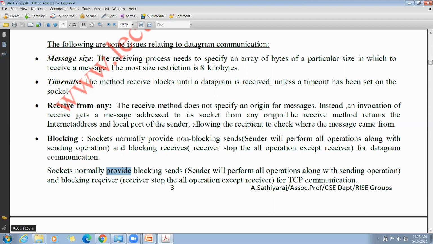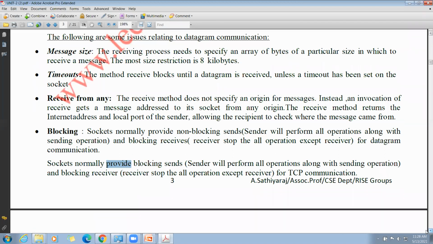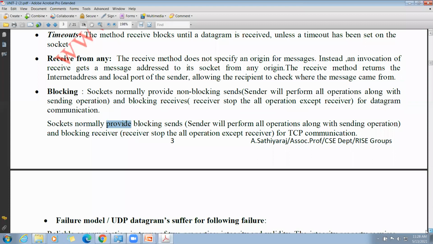In TCP it is a blocking send. Hope you understand. But the key point behind this is that TCP stream communication follows send order. UDP communication does not follow the send order. The messages might arrive at the destination not in the send order, whatever the order may be. Okay, this is about the blocking issue in UDP communication.